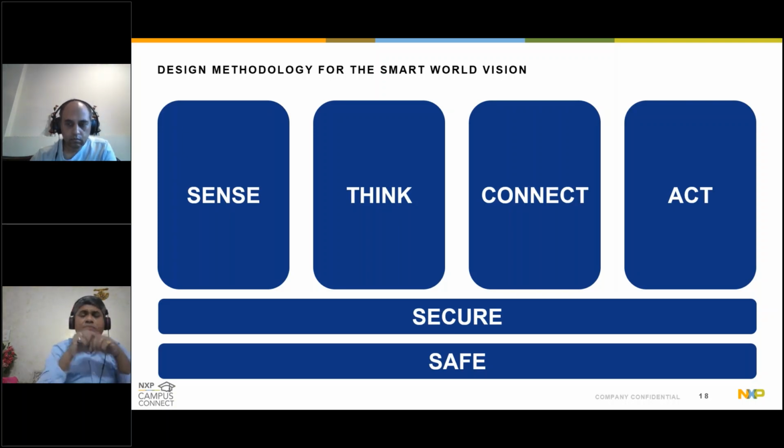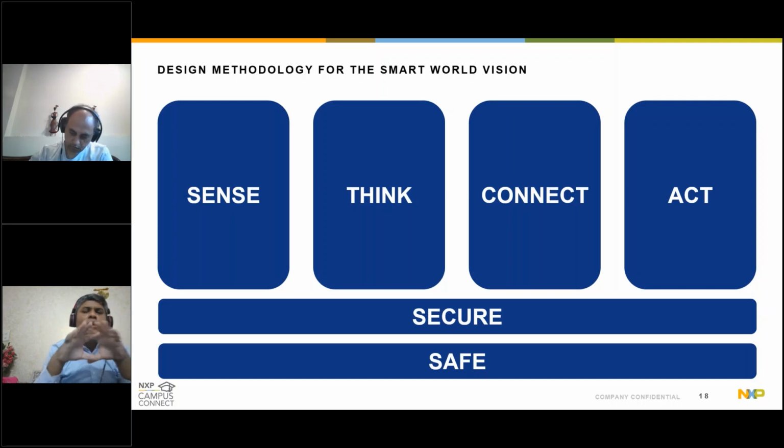What do we mean? Safe means if I am riding the vehicle, I have to be safe within it, and the vehicle must not harm anybody else on the street. That is safety. Security means the component has to be safe from me. You see the duality of that. I have to be safe from the device, and the device has to be safe from me. That is security. That means there should be no loopholes or vulnerabilities in the device that I can use to compromise its quality.